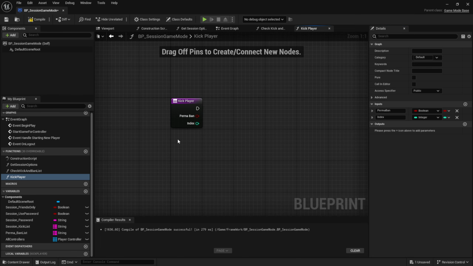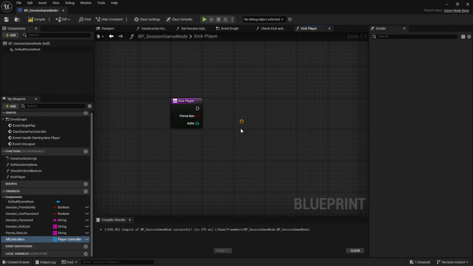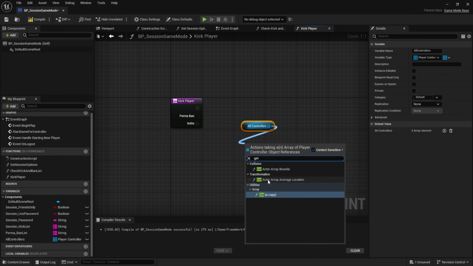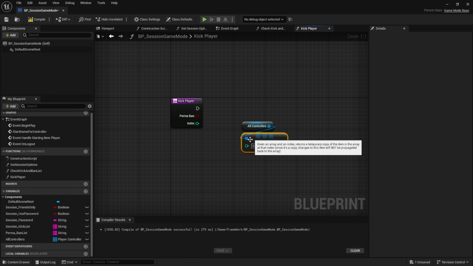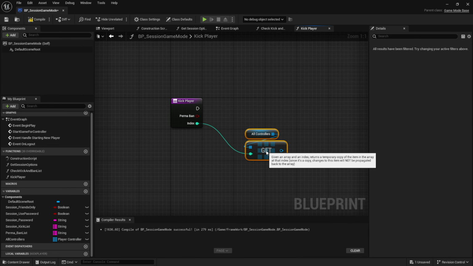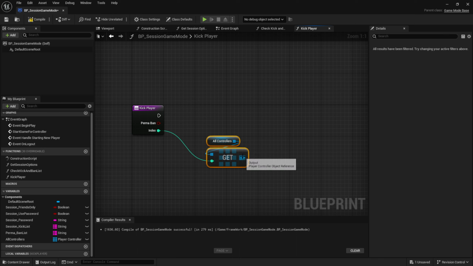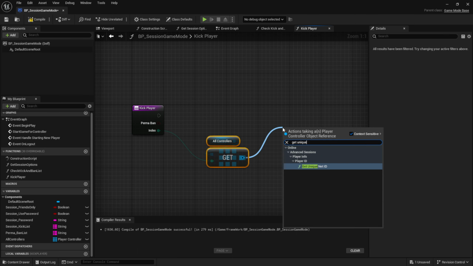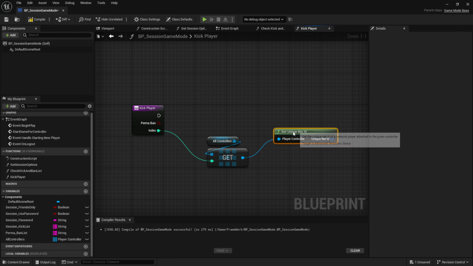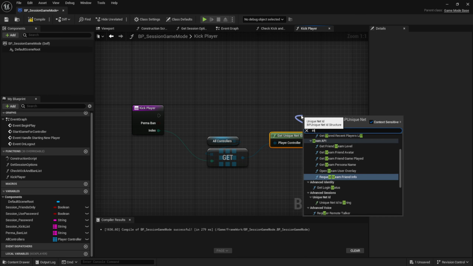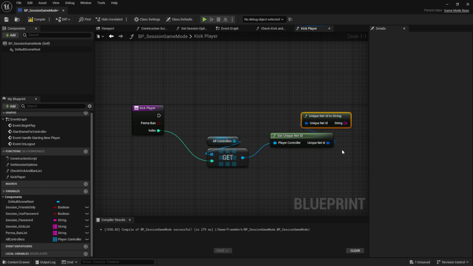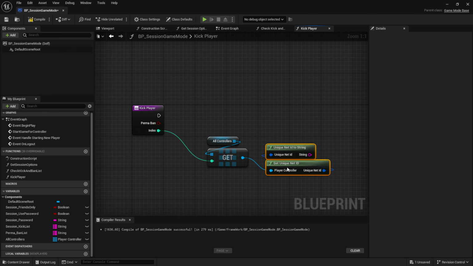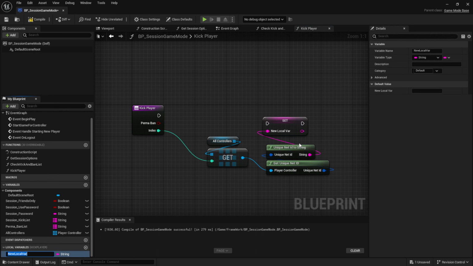Now over here, we want to grab all of our player controllers, and we're going to get a copy of the index of the player that we want to kick or ban. Then from here, we can get the unique net ID of that player again. And so we're going to store this as a string into a variable. So first of all, let's turn it into a string, and then again promote it to a local variable. So local player ID,